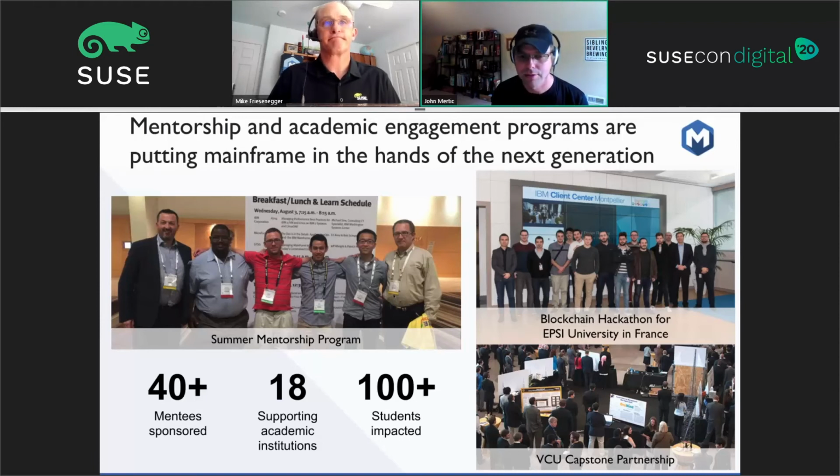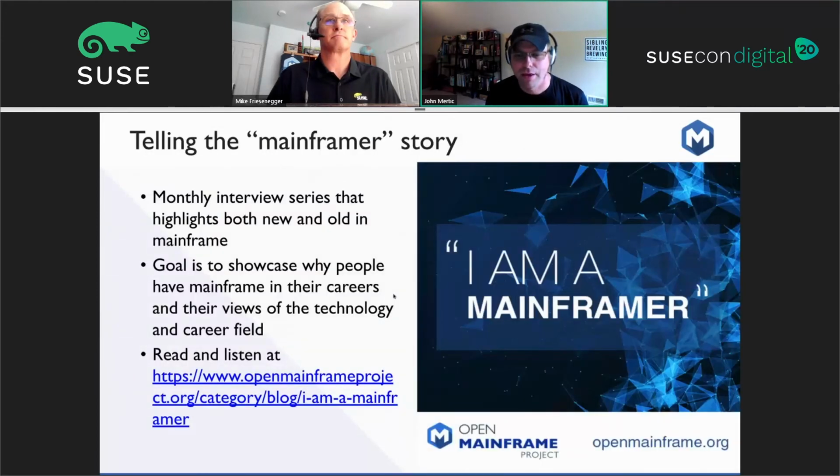So this is really an exciting area here, and I think for me personally is always the most rewarding area to participate in, and just see this next generation come here and get engaged in the mainframe and just really, really excited. And with that, it sort of strikes as, wow, there's a story of who a mainframer is.